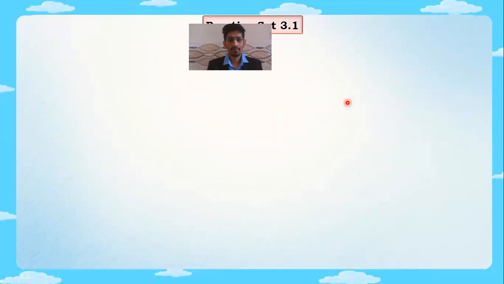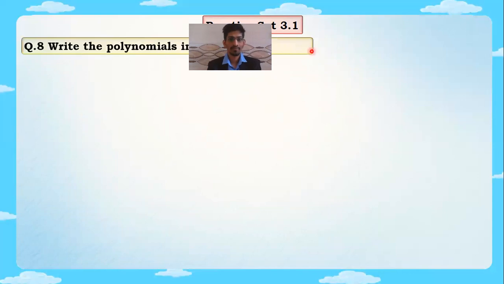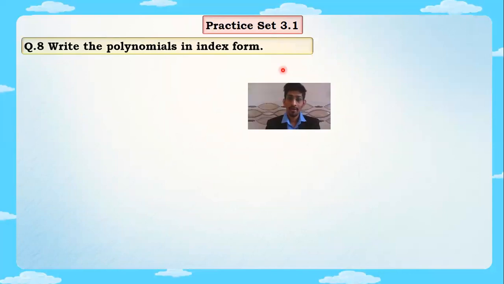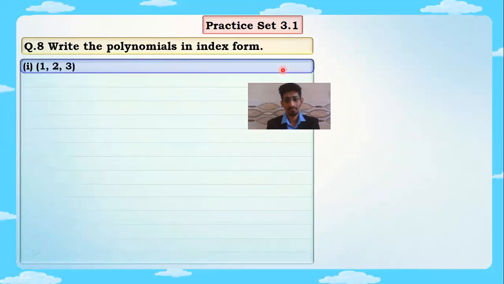How to convert into index form now. For index form, students, the question will be given in coefficient form. आप लोगों को क्वेश्चन हमेशा कोएफिशिएंट फॉर्म में दिया रहेगा जिसको हम लोग को इंडेक्स फॉर्म में कन्वर्ट करना है. What is index form? Index form means starting from highest power to lowest power, each and every power should be present. So we have studied one type of question, the previous one, जहाँ पे जो भी टर्म मिसिंग था उसको हमने खाली इंट्रोड्यूस किया with the help of coefficient 0.